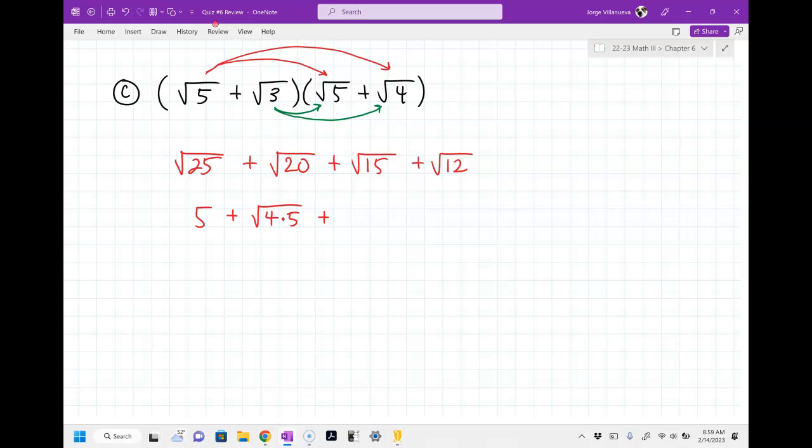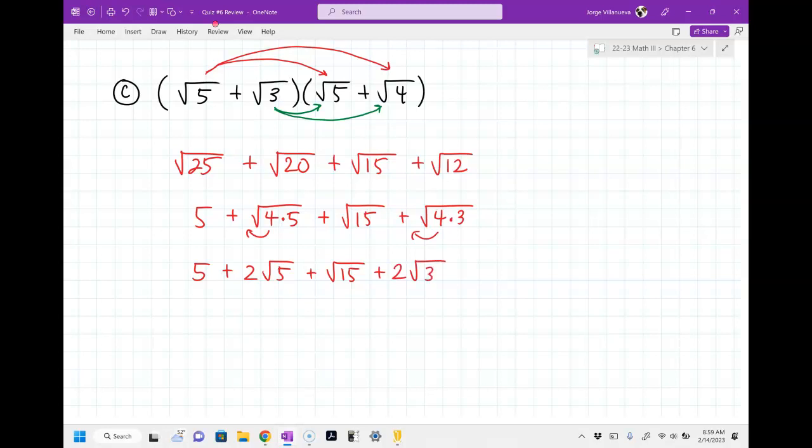No, right? 3 and 5 is the best I can do, and none of those have square roots, so I'm just going to leave it alone. Plus square root of 12, well, I do have 4 times 3. Okay? All right, all the square root of 4s can come out and become 2s, so both of these are going to have 2s. So 5 plus 2 square root of 5 plus square root of 15 plus 2 square